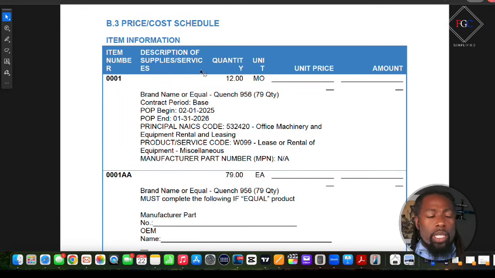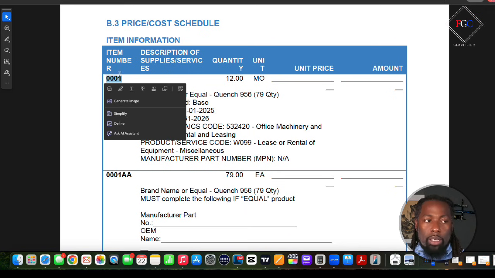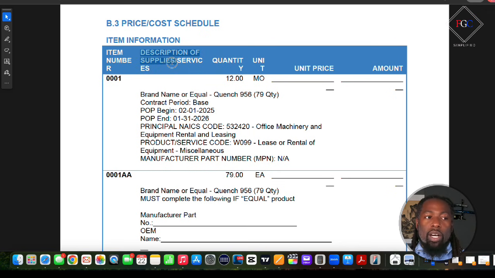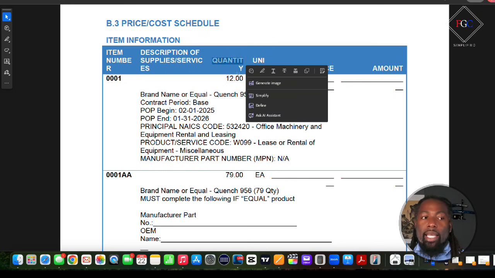All right, so this is another price cost schedule that you will come across. Same format and layout applies. You will see the very first column will be the item number. Again, this will be line item number 1. They have description of supplies and services. They said brand name or equal to, and then they give you the description of what it is they're looking for. All right, so in this instance, the quantity is